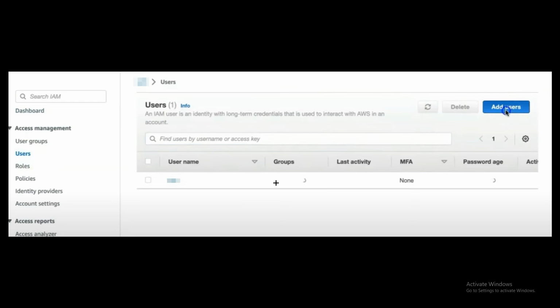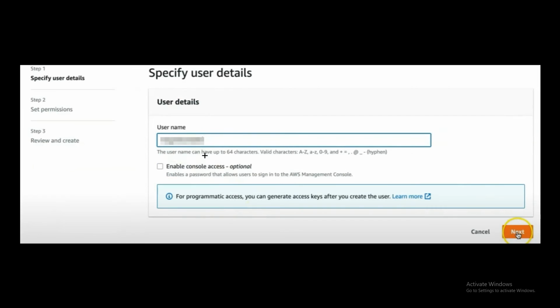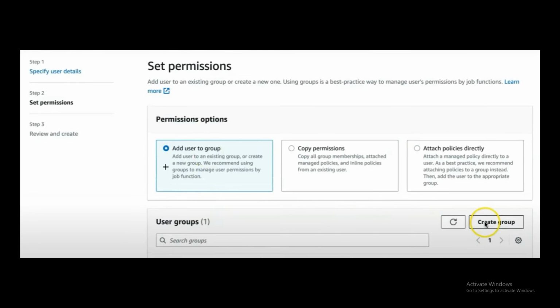You will end up over here. This is where you need to click on the left side of the menu, users, then click on add users. After that, add the name, any name over here. I can go with the magnetic mailer, or you can go with any mail which you are using right now. So enter that information over here, click on next, and after that, just click on add user to group,